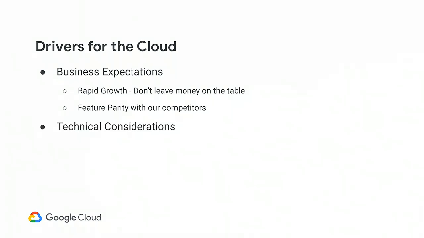So what were the technical considerations? I've already mentioned that we had a data center, and that's a single point of failure. We had one pipe going in and that same pipe going out. If that goes down, our entire platform goes down also.